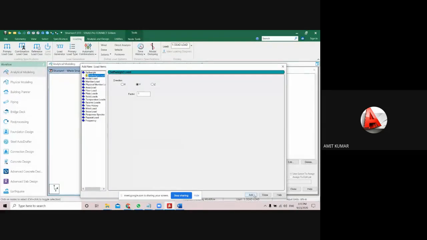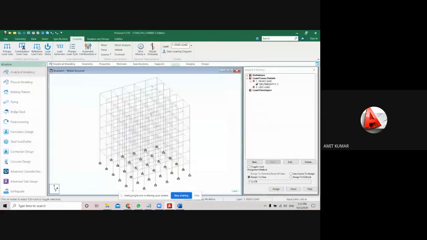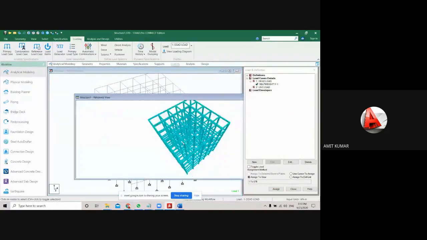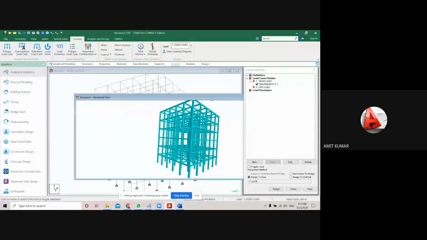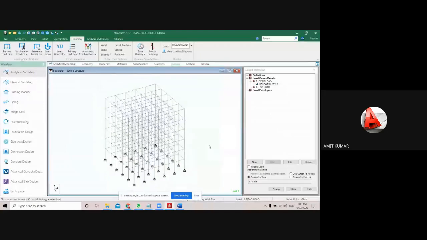So here from the self weight, only the weight of the beam and column has been defined, just because here I didn't draw any plate. You can see it in the render view also. In the render view, you are seeing the beam and column only. That means we have to calculate the weight of the plate manually. Then we will apply it. So how will we calculate it? Just wait, I am going to explain it also.